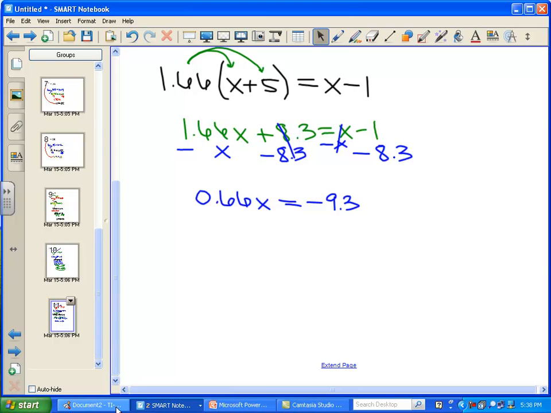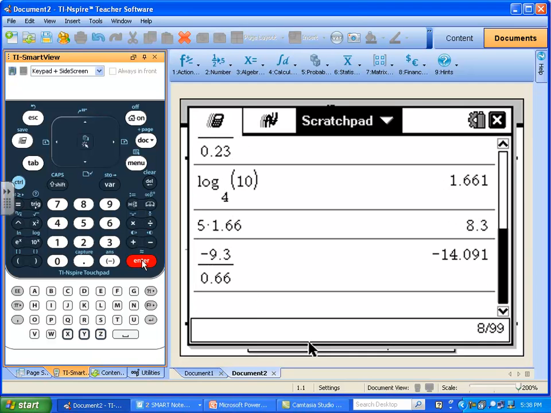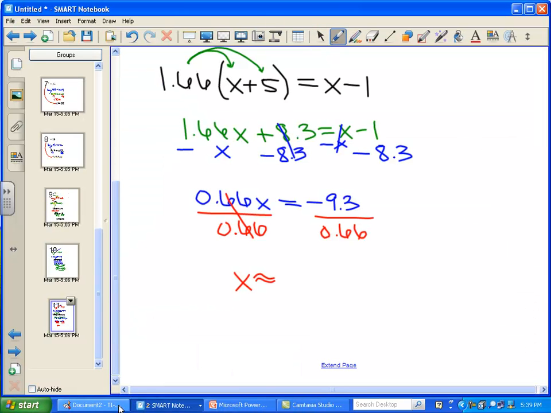And then we'll just go ahead and solve by dividing by 0.66. And we get x is equal to, or I should say approximately equal to, once I get this. Did I do that on the last problem, or did I say equal to? Well, let's just figure this one out first. Let's say negative 9.3 divided by 0.66, and we get negative 14.09. Okay, so this is approximately negative 14.09